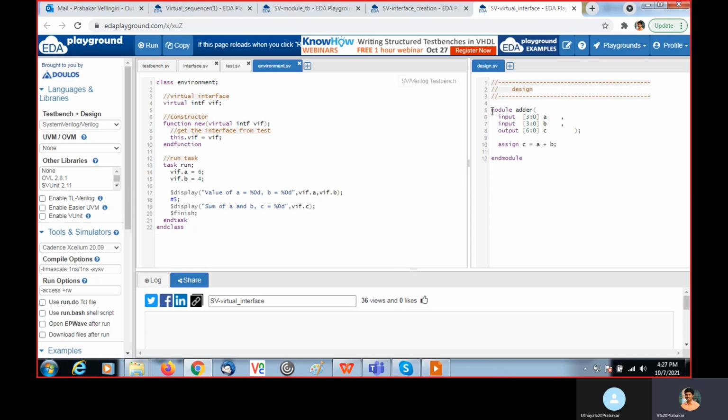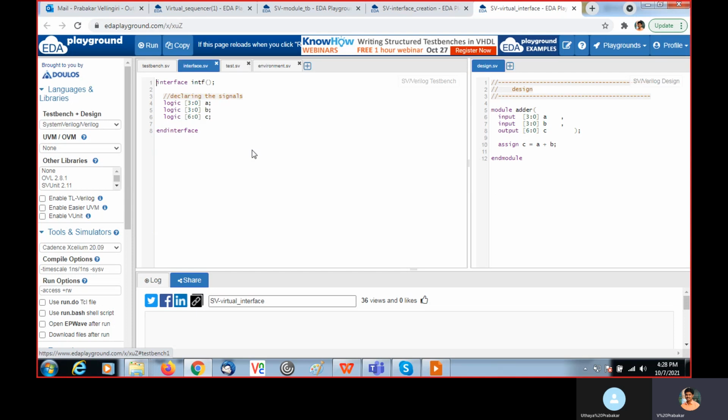Here is the same example we discussed earlier. Here we are implementing it with the test bench, environment and test. This is the design adder. We are going to perform C equal to A plus B. In the interface, we declare all the signals A, B, C as logic.